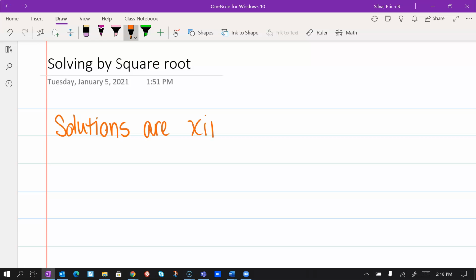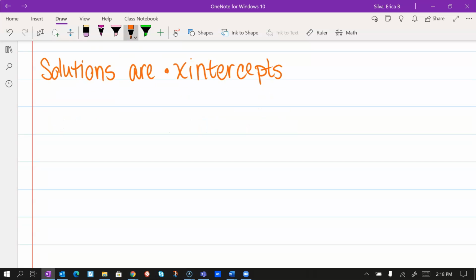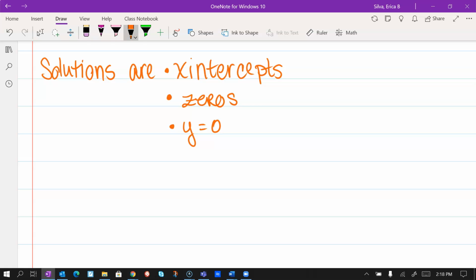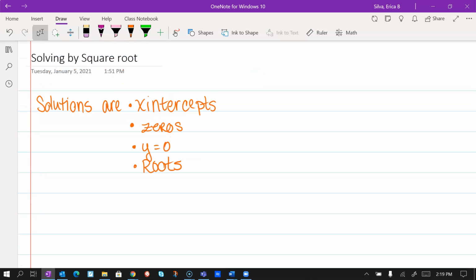are the x-intercepts. Do you guys remember what other words we use for solutions? Starts with a Z, zeros. It's when y is equal to 0. Solutions, x-intercepts, zeros. I'm missing one. Roots. So depending on how they give us the quadratic equation, we need to determine what method we're going to